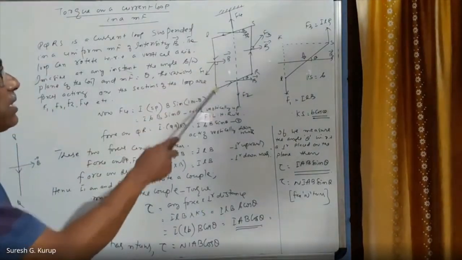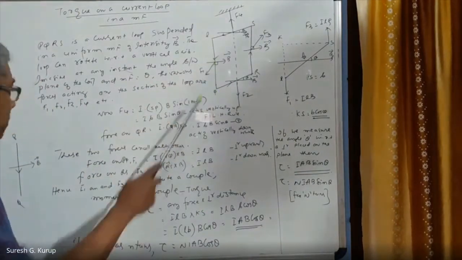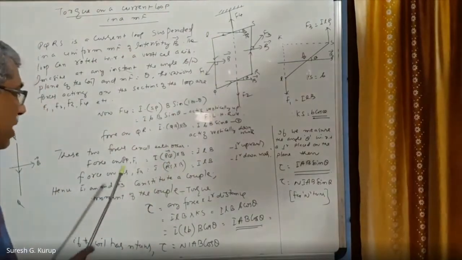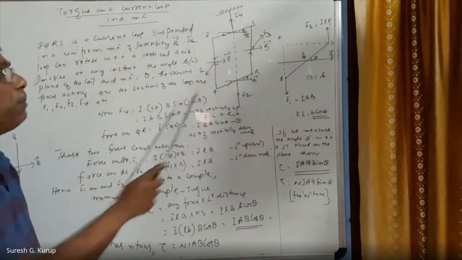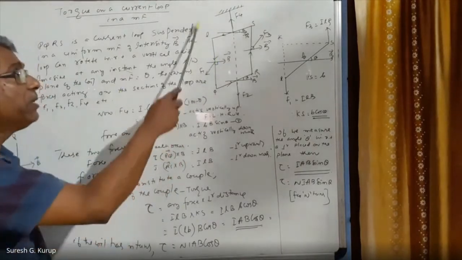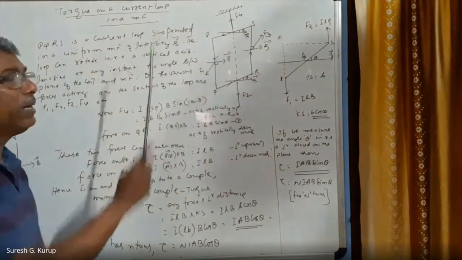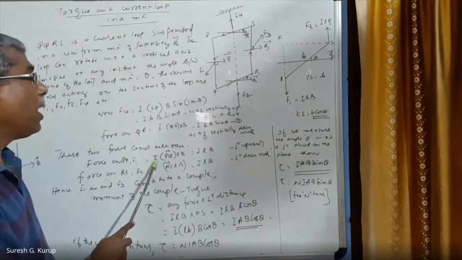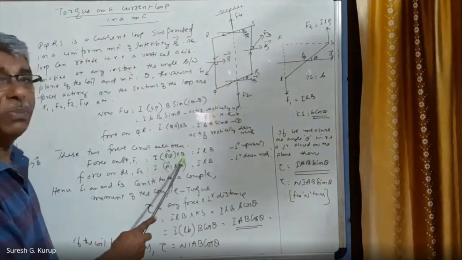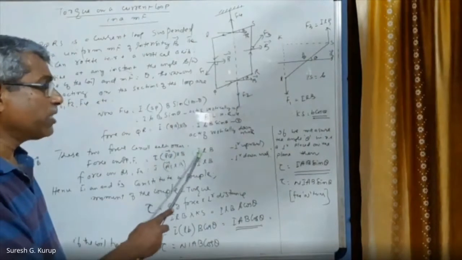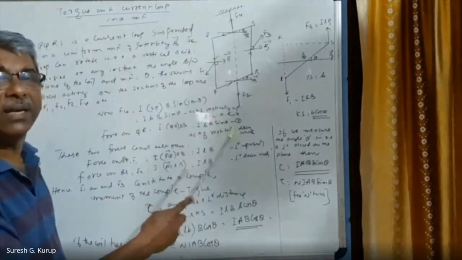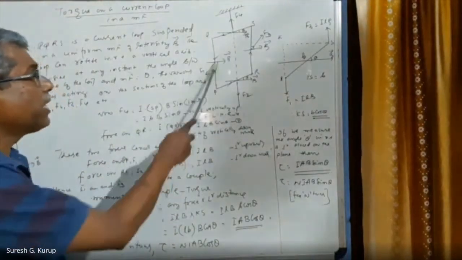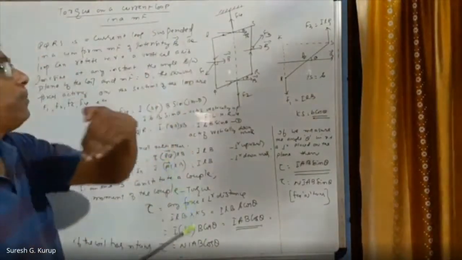Now the force on this is F1. F1 is the force acting on PQ. PQ is the length section of that. I told you that B is acting at 90 degrees with this section. That means with the direction of the current, B makes an angle of 90 degrees. Therefore, F1 is equal to I into PQ cross B. That is equal to I into L into B into sine theta. Sine theta in this case is sine 90 degrees. Therefore, this is ILB. Right? This is acting in the upward direction.